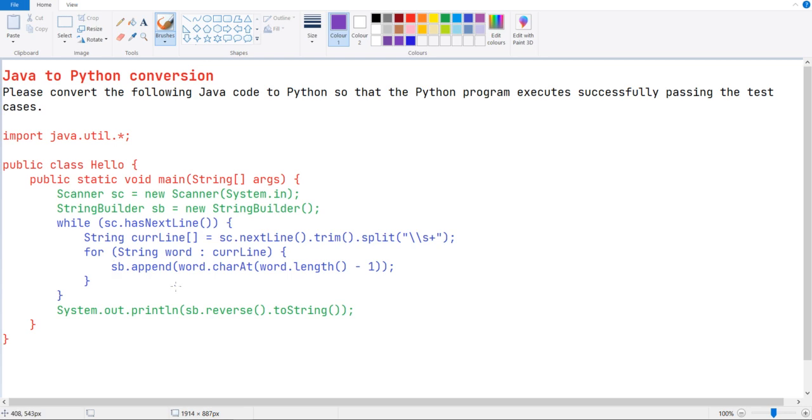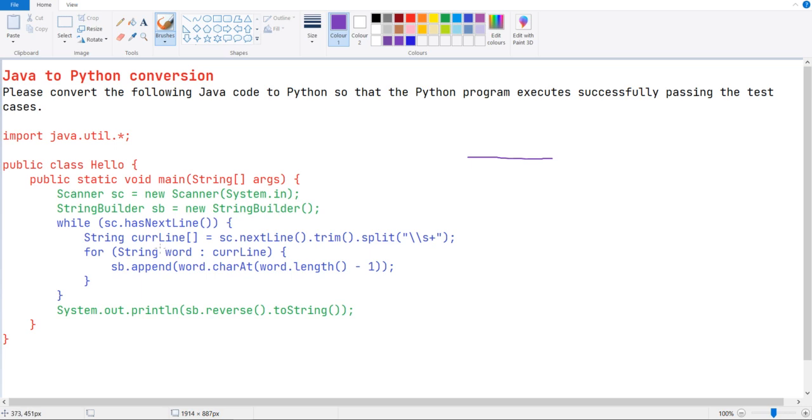Here is the process, the actual code. They have created a scanner class and they check whether the scanner has a next line or not. If we have some line, it will enter the loop. Otherwise it won't. If there is no readable line underneath, it won't do anything, just comes out of the loop and then it will print the value.